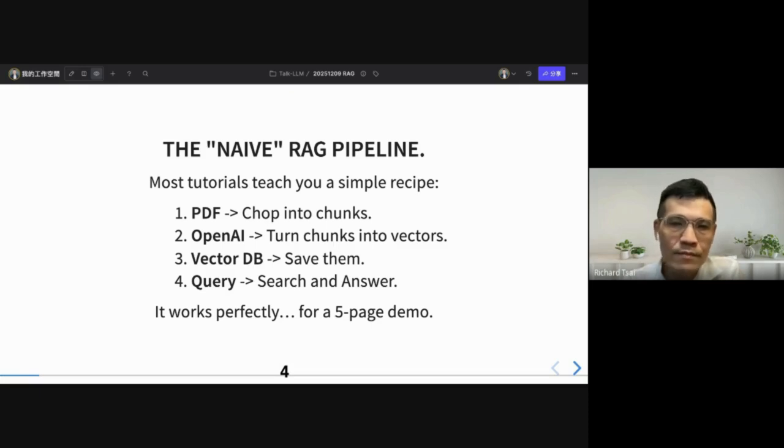Then during inference time, you perform a search, incorporate the user's question, and retrieve the chunks to answer. It works perfectly, but only for a 5-page demo.